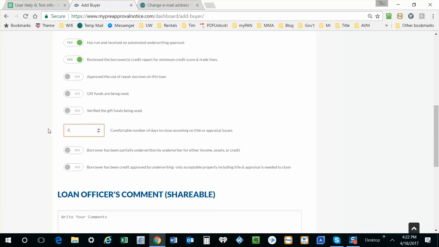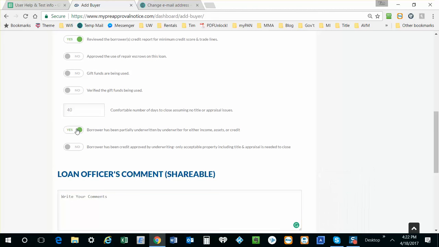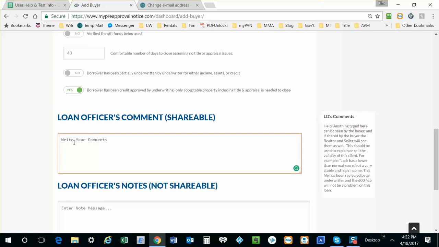Here's one. You can tell everyone the amount of days that you would feel comfortable with for closing, 40 days, for example, in this case. Doesn't mean you can't do it sooner, but that's the comfortable margin. Have you partially underwritten the file, or potentially have them fully TBD approved? You can only choose one or the other. I'm going to say that this person is fully TBD approved, and I'll say Shaggy